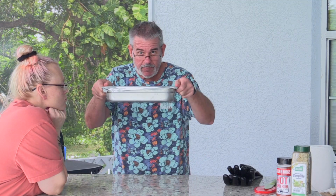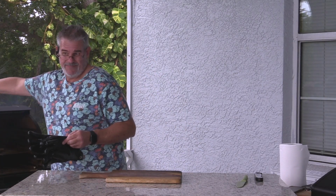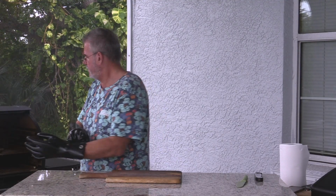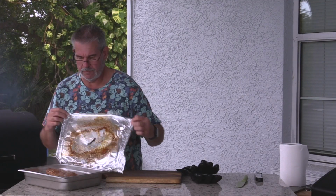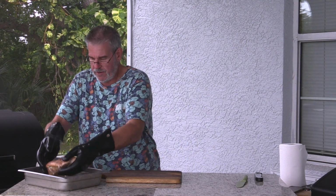All right, I'm going to put this back in for about 10 more minutes. All right, so it's been about another 5 minutes or so. We're going to go ahead and pull this out and let it sit for about 15 minutes, maybe 10 minutes. Man, does that smell good. I'm going to go ahead and pull this right out of here and set it on our cutting board and